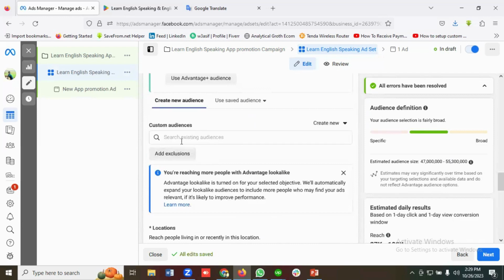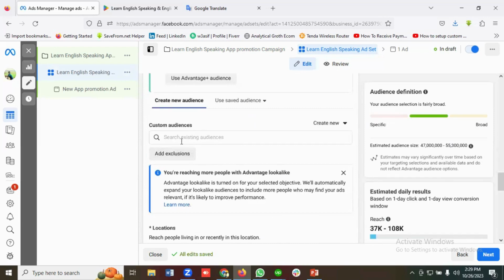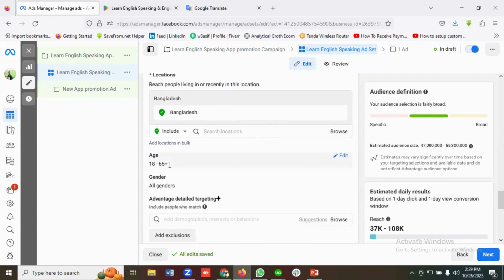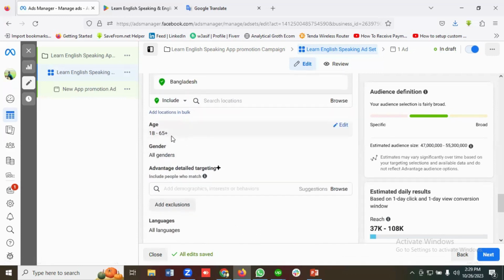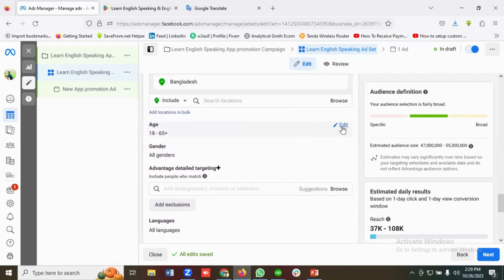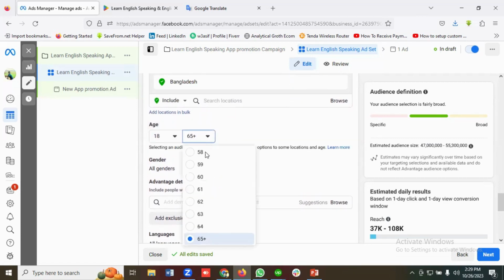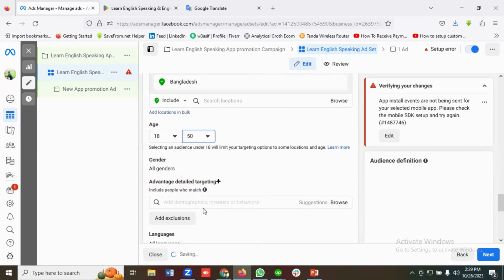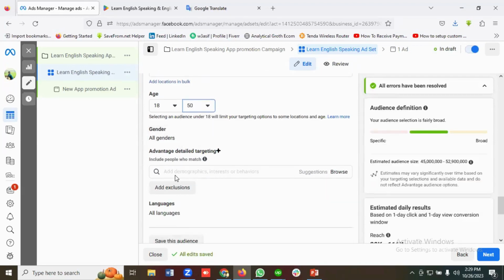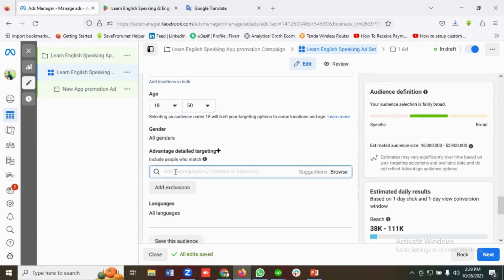Okay, perfect. So I'll not be choosing any custom audiences or any saved audiences. Okay, so our location would be Bangladesh, and I'll not be targeting any age, so it will be by default 18 to 65. Maybe I can do some customization, like I want to target people with the age range from 18 to 50. Okay, and I want to target all the genders. And as the advantage detailed targeting, I'm gonna search for